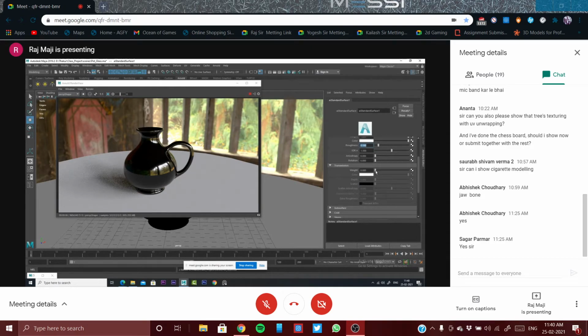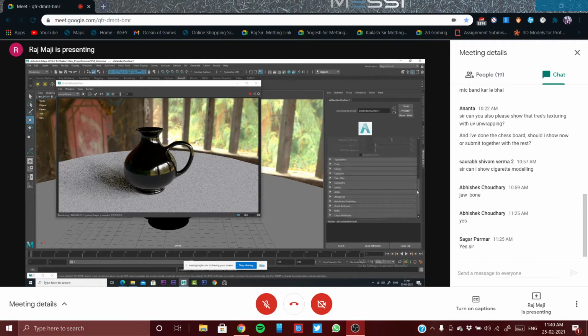So how much transparency is there in this object? Now you need to remember one thing. If we are talking about opacity, that is not transparency. In Arnold material, we need to go to the geometry, and over there we have the opacity option.